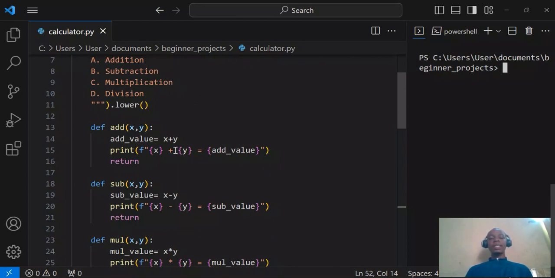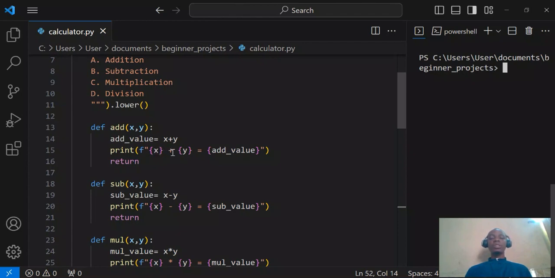Add will help us to add them together here. And then print: this is a way where we structure our printing to be beautiful using the format in Python. What this format does is simply print values, but any value inside these curly braces is a variable. So if I have a variable in my program, I'm going to put it inside these curly braces